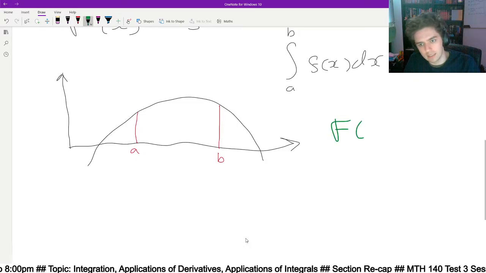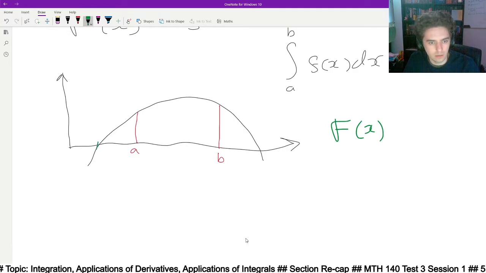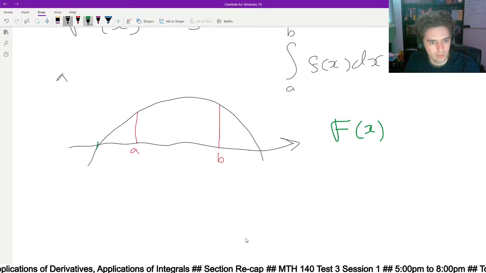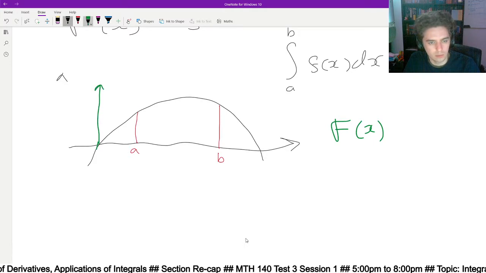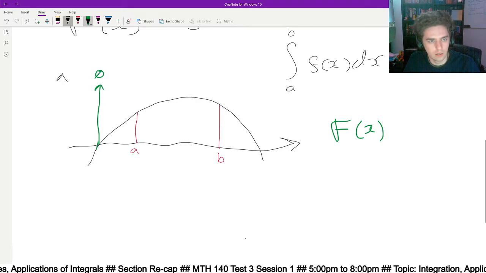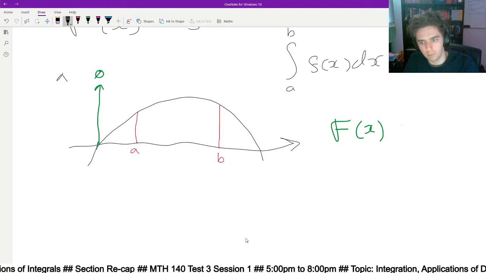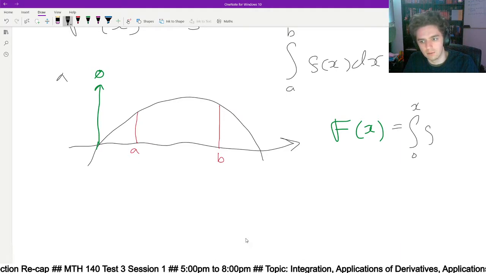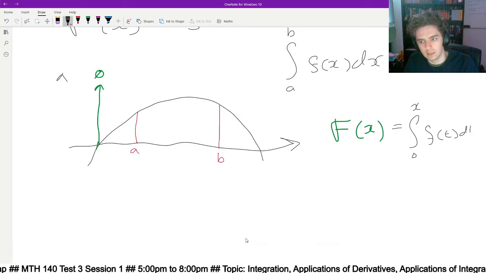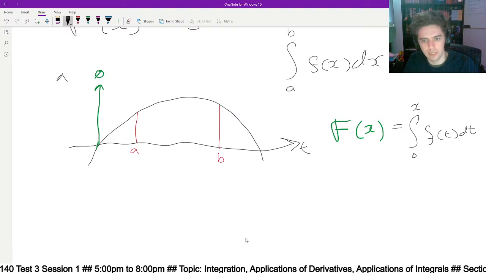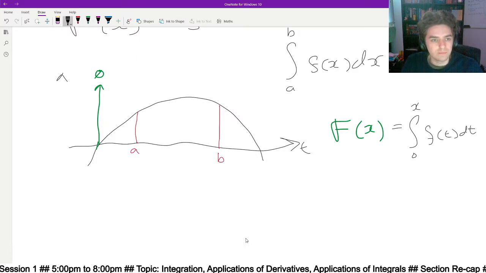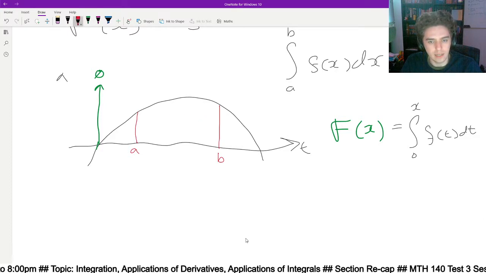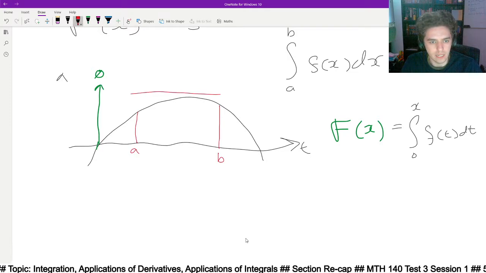This capital F of x is the area from this point. Let's call that 0. So from that point, that's the definite integral from 0 to x of f of t dt. So again, this is your t-axis. And to figure out what this area is, this middle section, I just take the area from here to here,